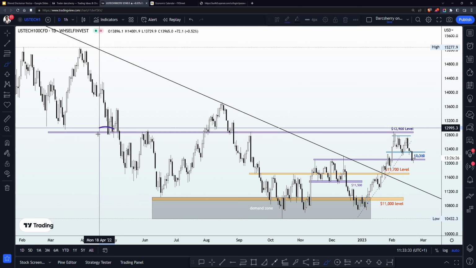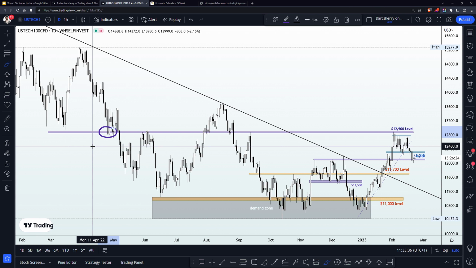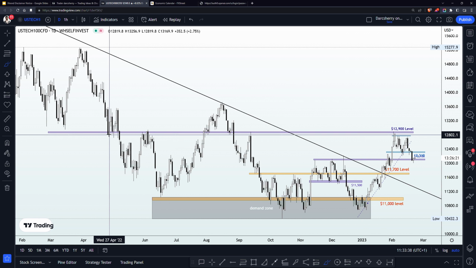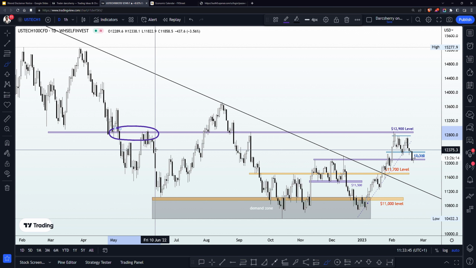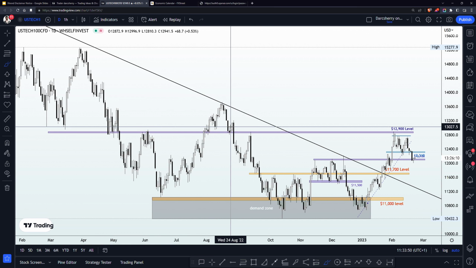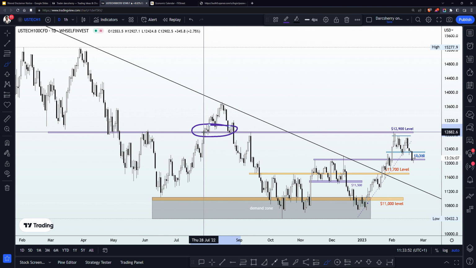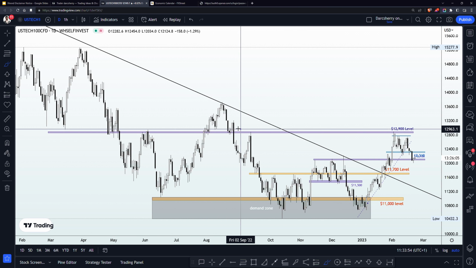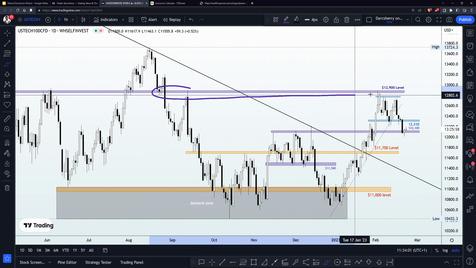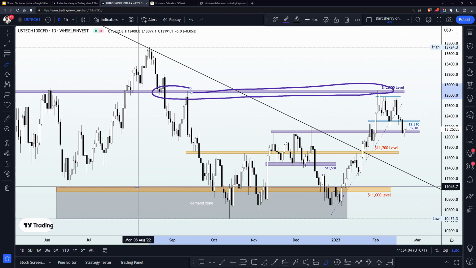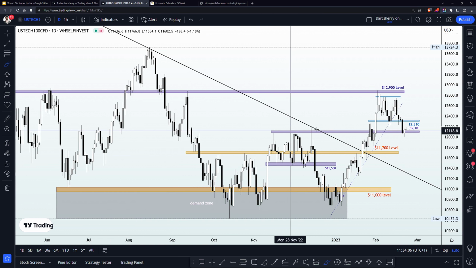Then we saw another attempt by the buyers to push price to the upside from this level, but it wasn't strong enough, as we saw the final breakdown retest of the structure in the month of May to emphasize that sellers have finally come into this market. Though we had a little breakout of that structure here in the month of June, immediately from August through September we saw the breakdown of that level, and since then price action has been trading below the 12,900 level to emphasize the strength of the sellers from that area.